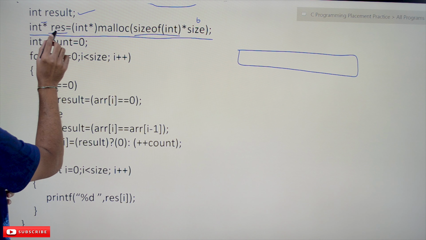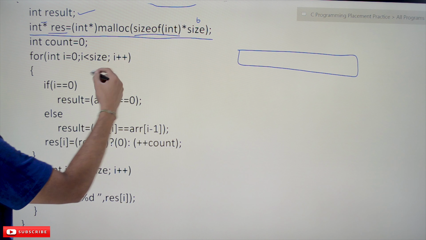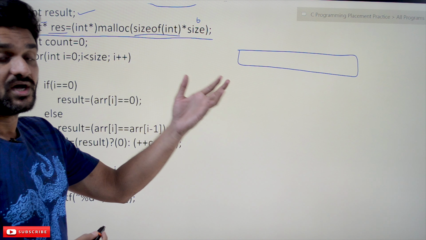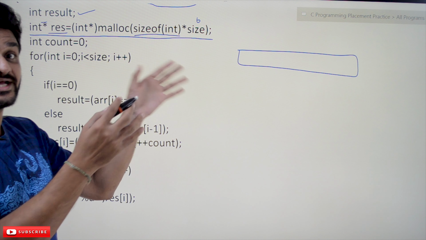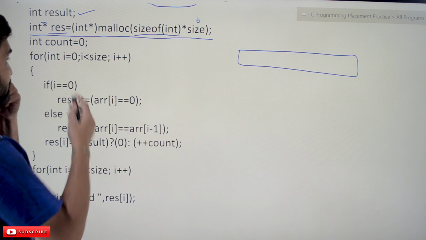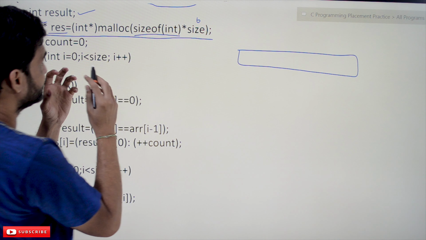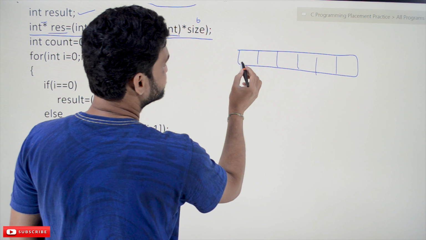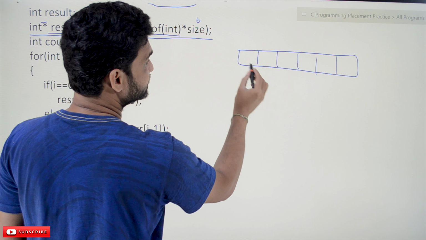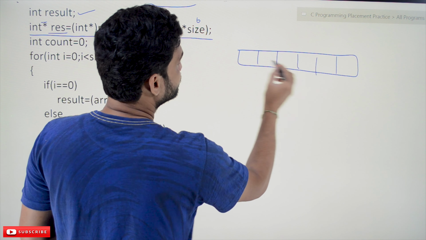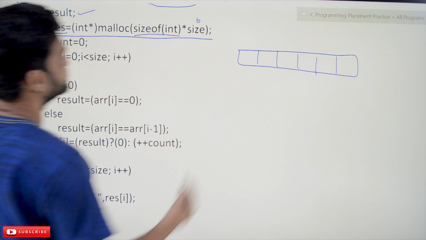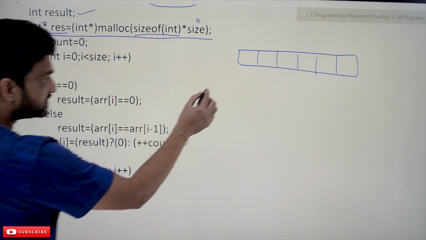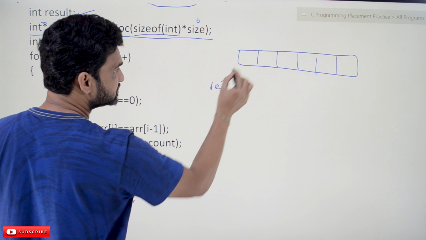So this is the pointer. RES is the pointer, so we can access those elements, and pointer arithmetic is also applicable to the space created by the malloc function. We can consider it as an array. Each space is capable of storing the size of an integer: 1, 2, 3, 4, 5, 6 elements. Space for 6 elements has been created, and the starting address is pointed to by RES.